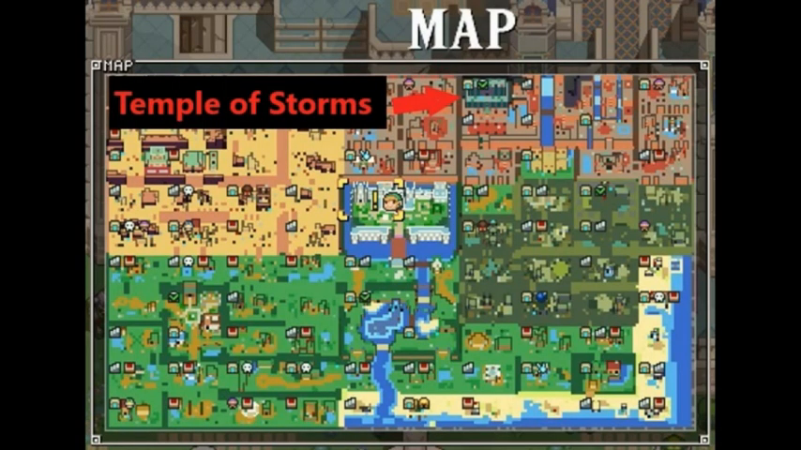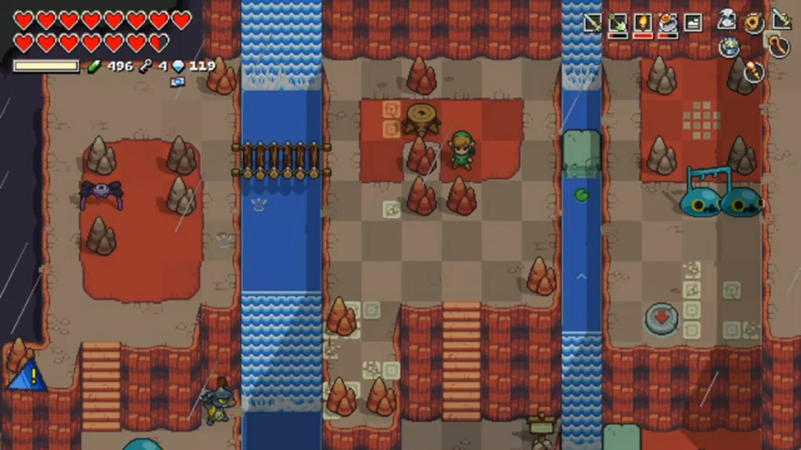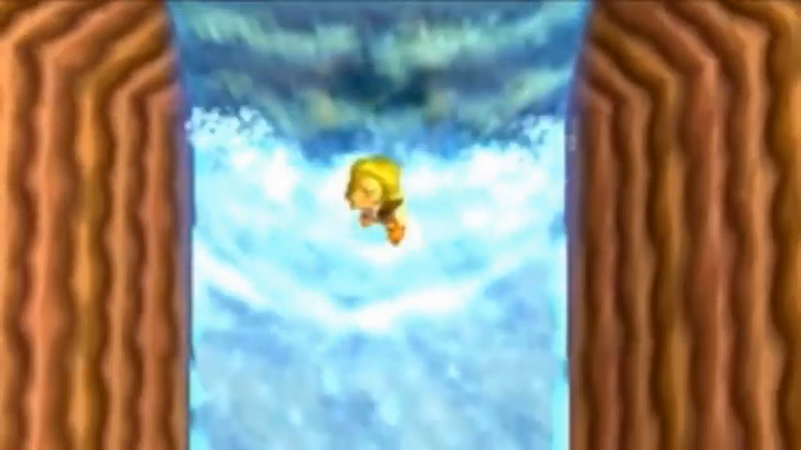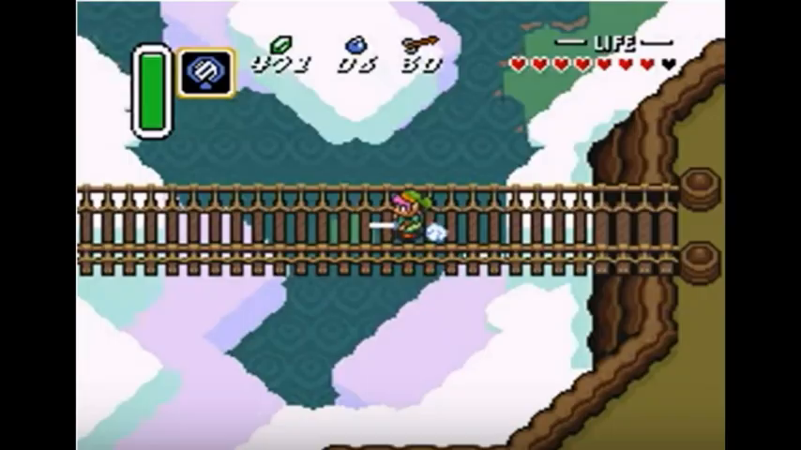On Death Mountain, there is always the Temple of Storms right here. This section with the water source reminiscent of the Zora Falls from A Link to the Past or Zora's Domain from A Link Between Worlds. And then this bridge, which reminds me of this bridge from A Link to the Past and this one from